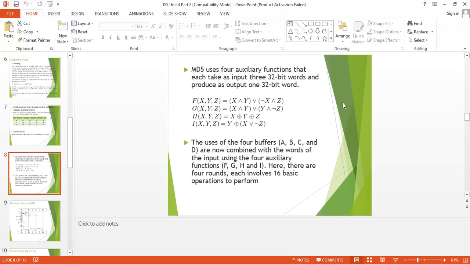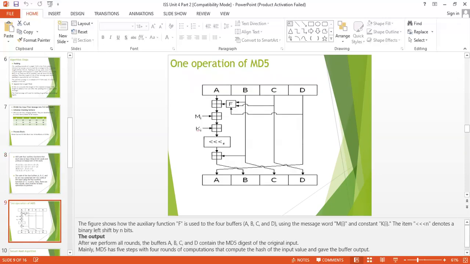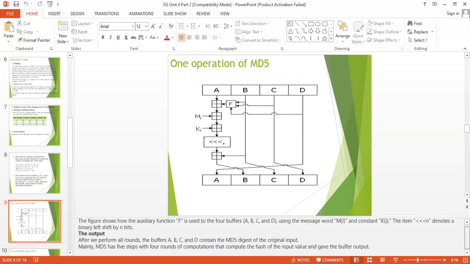This is the basic 1 round of MD5. The diagram shows the auxiliary function F, the 4 buffer registers A, B, C, D using the message word M of i and the constant K. The symbol <<< denotes a binary left shift by n bits.